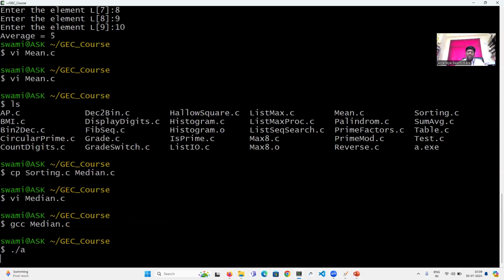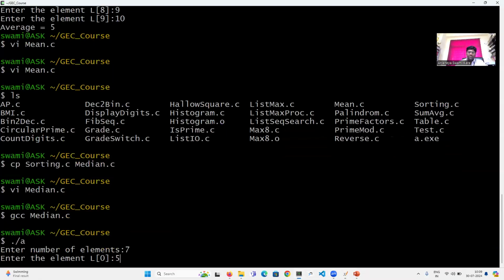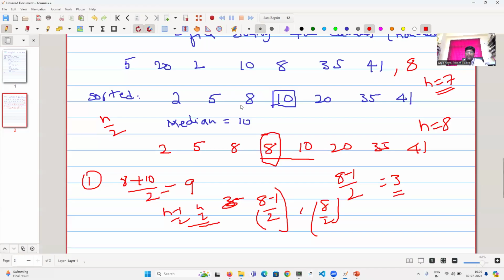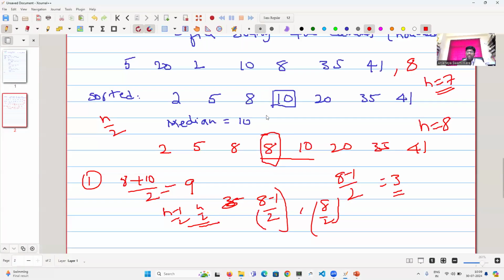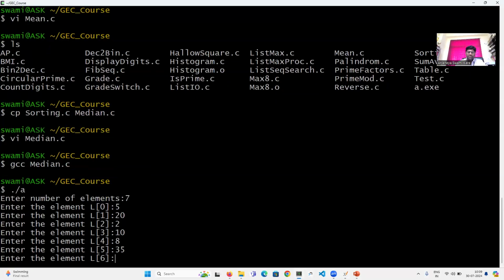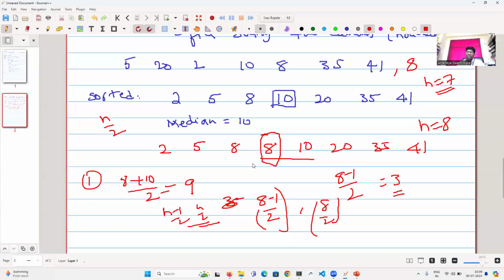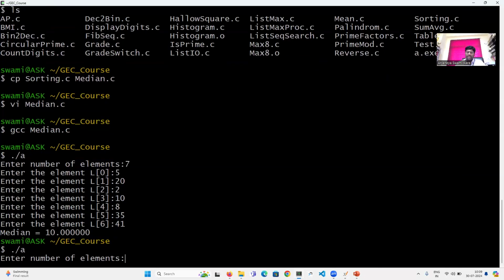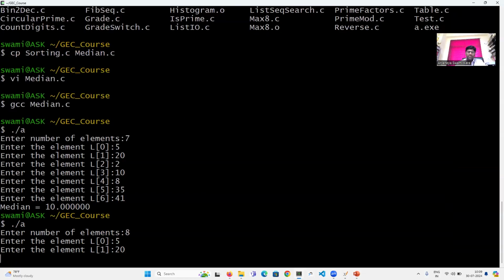Let us give the same elements, 7 elements, whatever is given here: 5, 20, 2, 10, 8, 35, 41. So 10 is the median. We got the 10, right? 10 is the median. Now let us run it again with an even number of elements, 8 numbers: 5, 20,